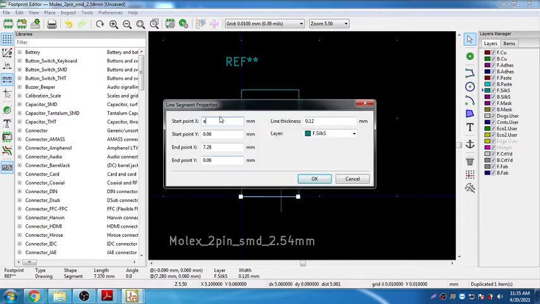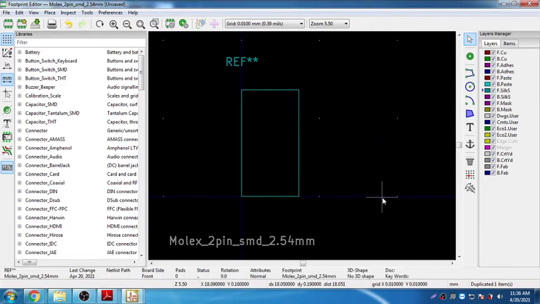Press E for edit. Now starting point of the X is 0. Starting point of the Y is also 0. 7.37 and Y is 0. See, now it will fit exactly.